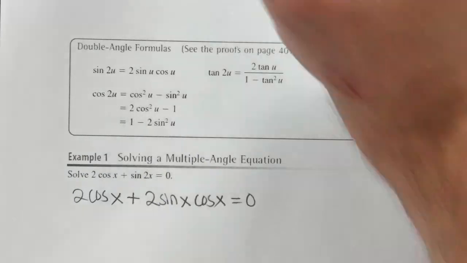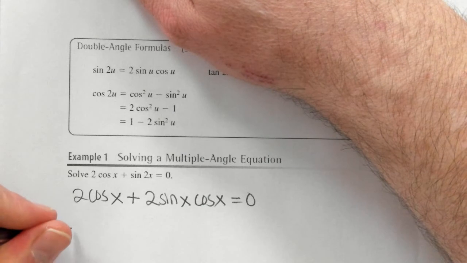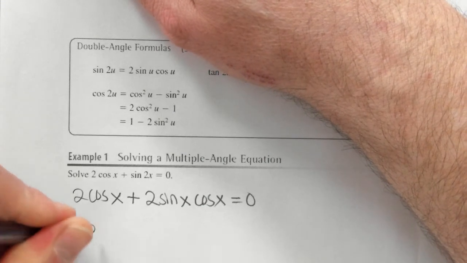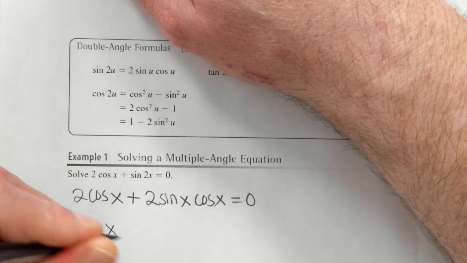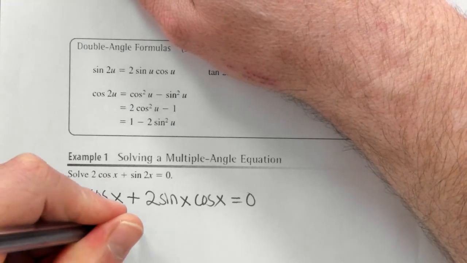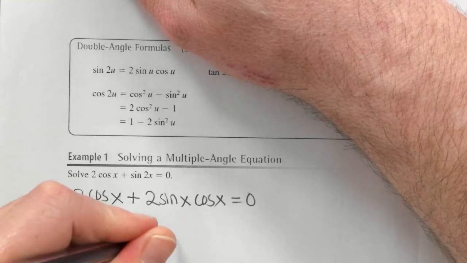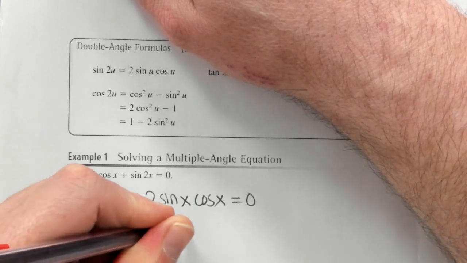The reason why it helps to break it up like this is because now I've got two expressions that I can factor a 2 cosine x out of. When I divide it out, that becomes 1, and then the 2 and the cosine cancel, so that's 1 plus sine of x